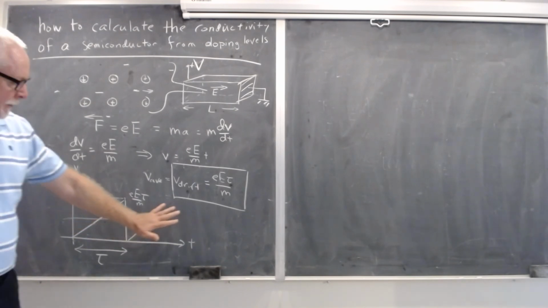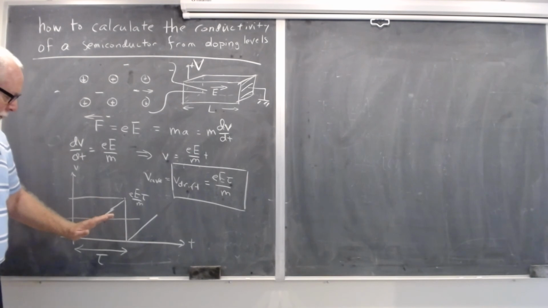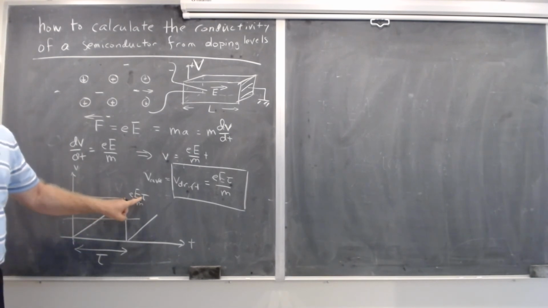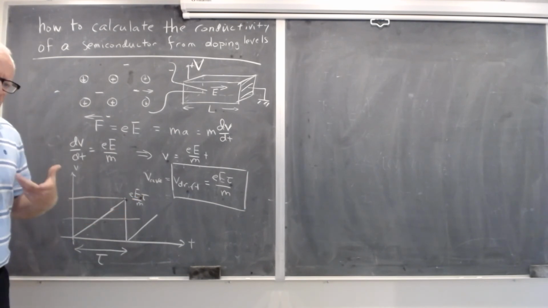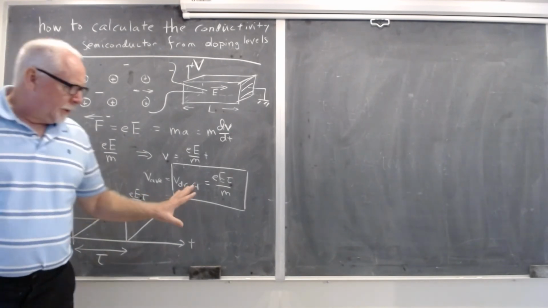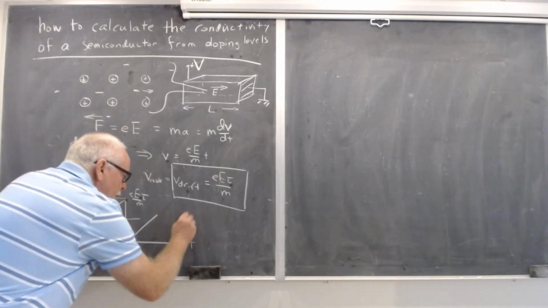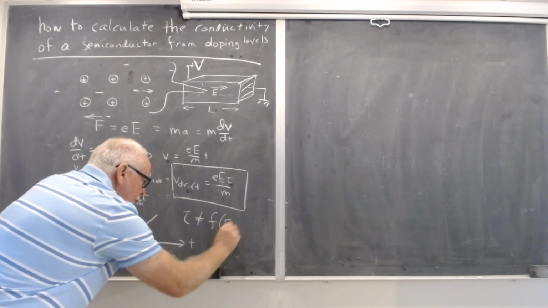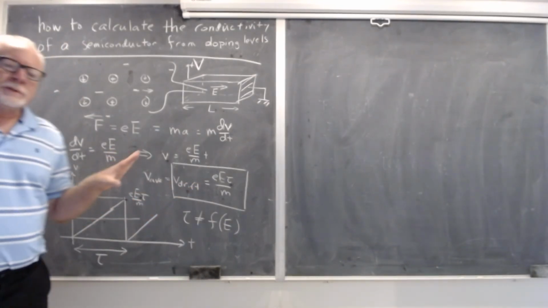If you're looking at this and thinking about it, you realize that since this velocity goes up with electric field, you may think that tau is affected by that because things go faster. All right, and it doesn't. Tau is not a function of electric field. And the reason why is because